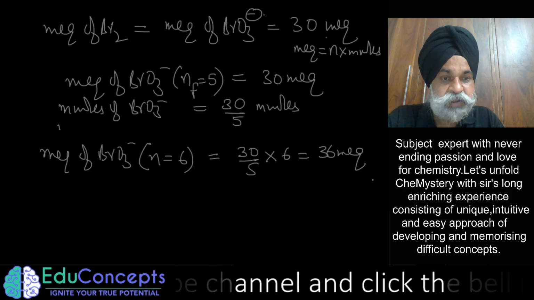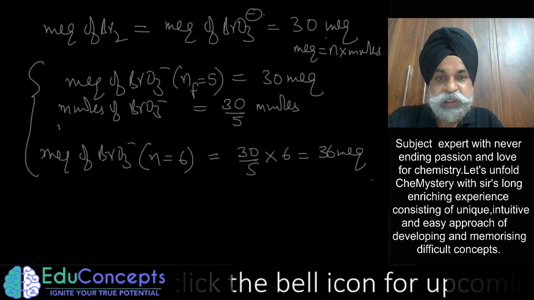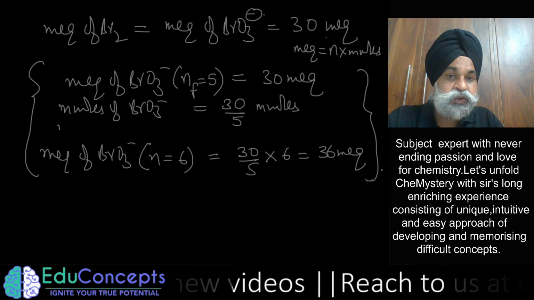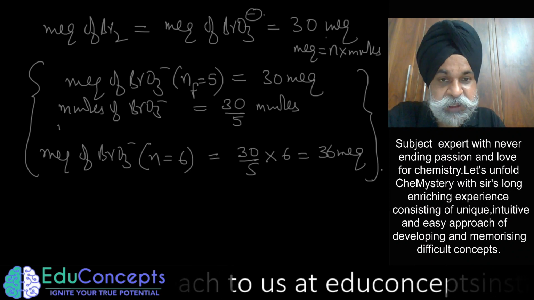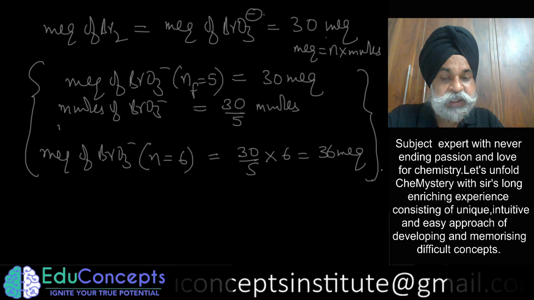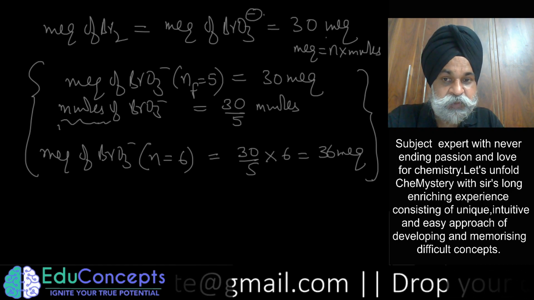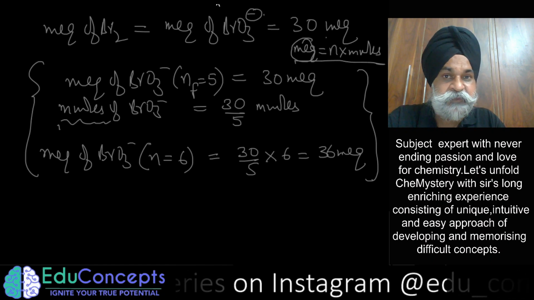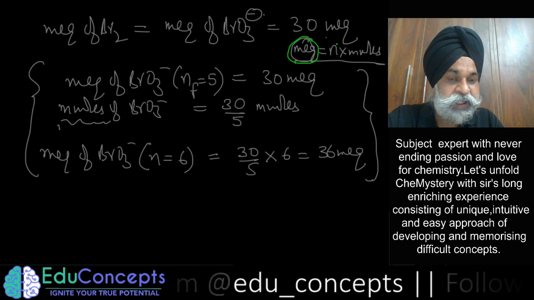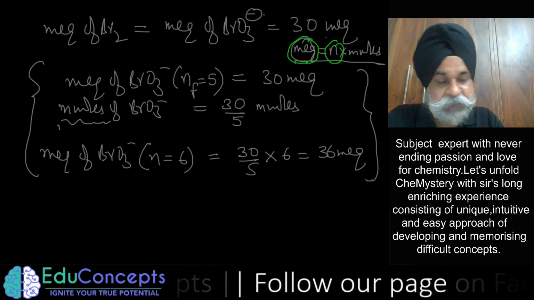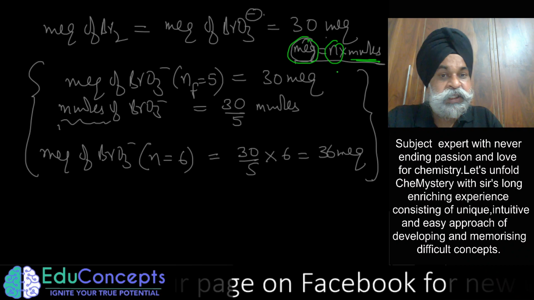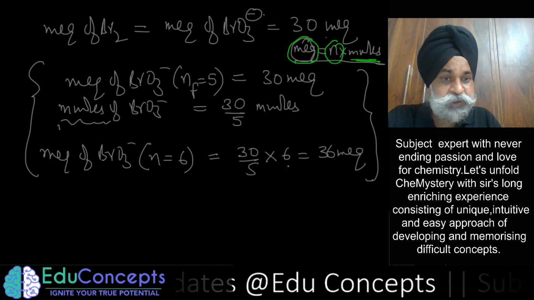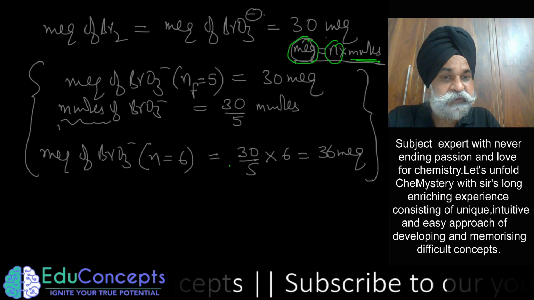36 milliequivalents. Got it? So this is the tip to remember, that जब आपने milliequivalents add subtract करने हैं तो दोनों equivalents के n factor same चाहिए. If the n factor is not the same, then first it is to be converted into millimoles by simply using this expression. Whatever milliequivalents you have, divide that by the n factor, so you would get millimoles. That millimoles should then be multiplied with the new n factor, so you would get the equivalents of BrO3 negative of n factor 6.